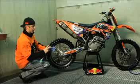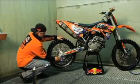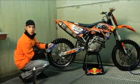Firstly, I'll apply it over the disc, and then I'll spray it onto some paper. Then press the paper against the disc and turn the wheel. Then you'll see black areas on the paper where there's been oil. Then you know